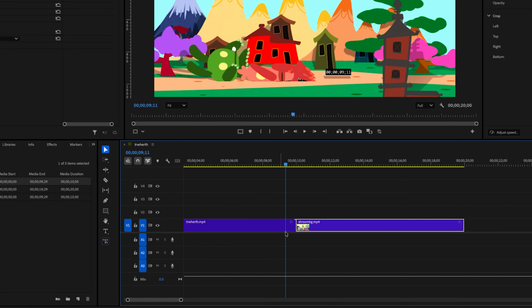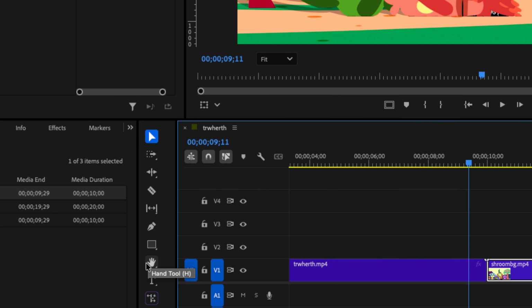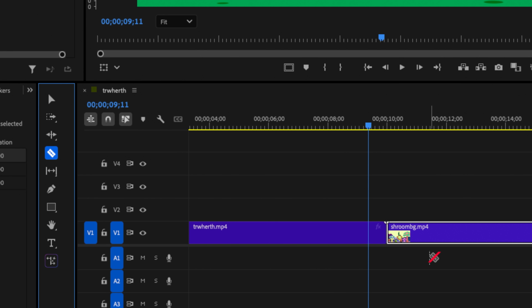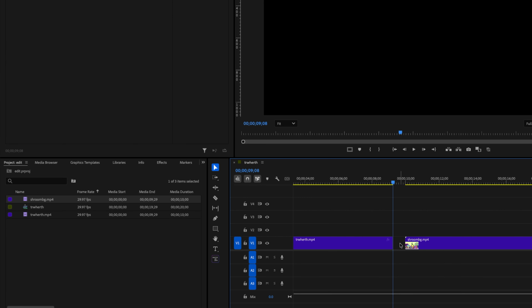So this is where editing skills come in, right? There's a toolbar here with some tools, and there's a razor blade. If I click on the razor blade, if my character is visible here but not visible here, and I want to get rid of that, with the razor blade I'm just going to cut it, and I'm going to select what's left with the selection tool, which is the arrow here. If I click on this arrow, click on this section I don't want, I'll hit delete, and now that part